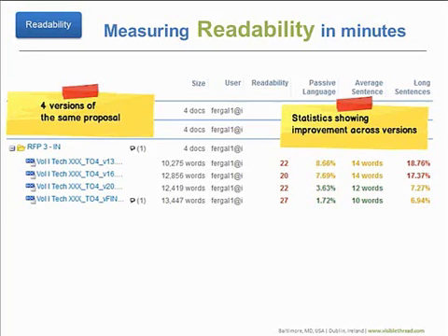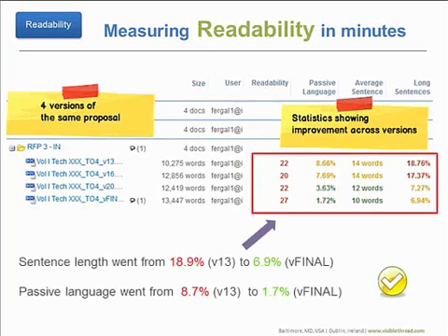They're uploading, and in this example, you can see there's 4 different documents, each a version of a task order, V13 to vFinal on the left-hand side. And we're seeing statistics, and these are macro-level statistics. They're overall statistics for each version of that document. On the far right-hand side, the long sentence proportion in the very first version, and this is going into, for those of you who are familiar with color team review processes, a red team, color team review,